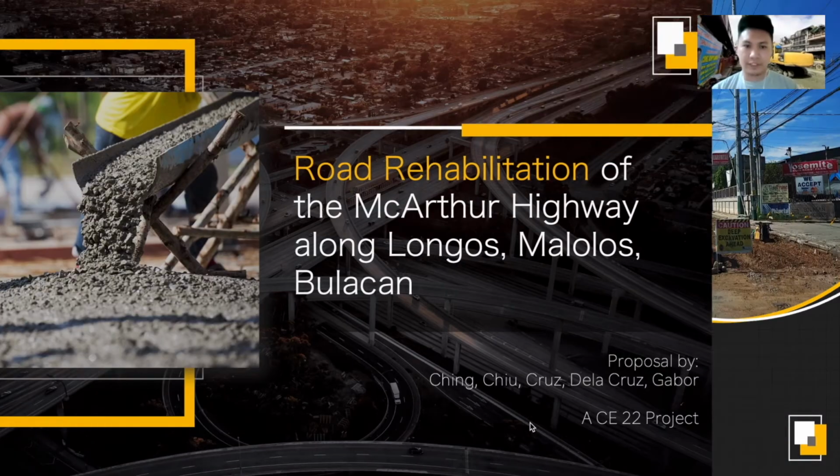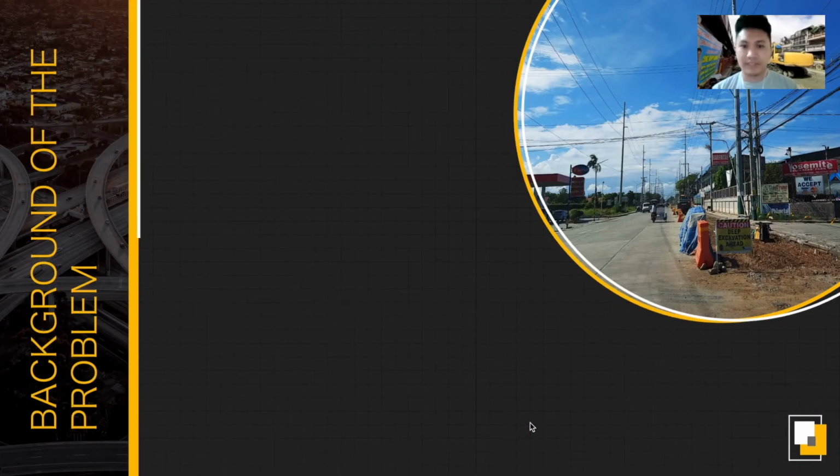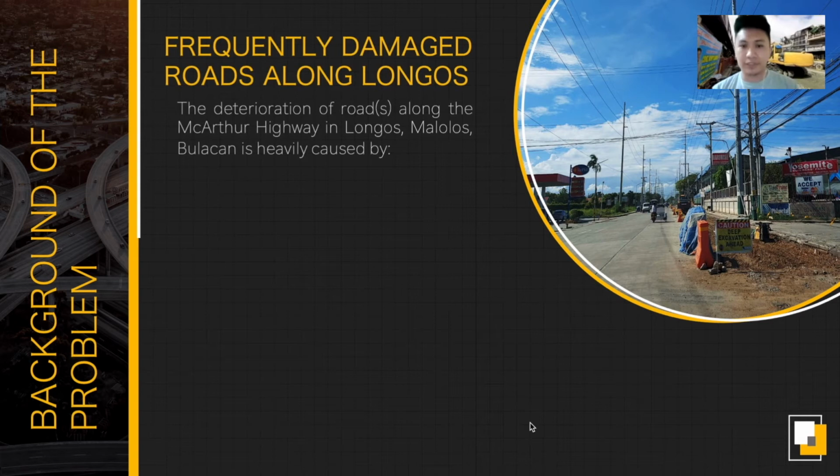Government-funded construction projects are essential in improving the livelihood of its citizens. However, there are cases of government projects in which quality is sacrificed in an effort to tighten the budget allocation by subpar adherence to standards, materials, and ideal design. Though cheaper, downgrading the quality of products will often backfire in the long run due to higher maintenance costs, frequent repairs, and underperforming facilities. An example of this is the premature deterioration of roads along MacArthur Highway in Longos, Malolos,